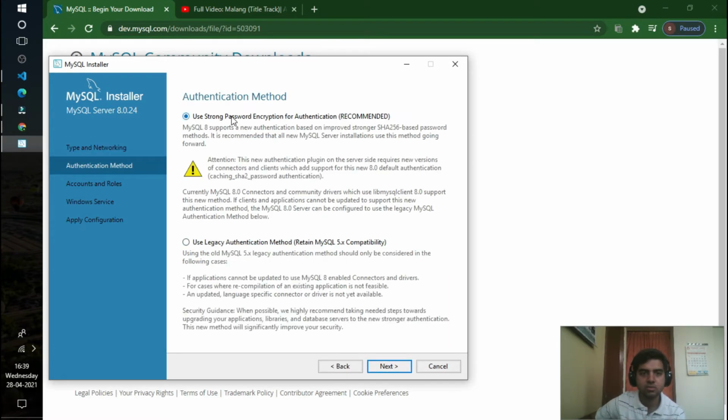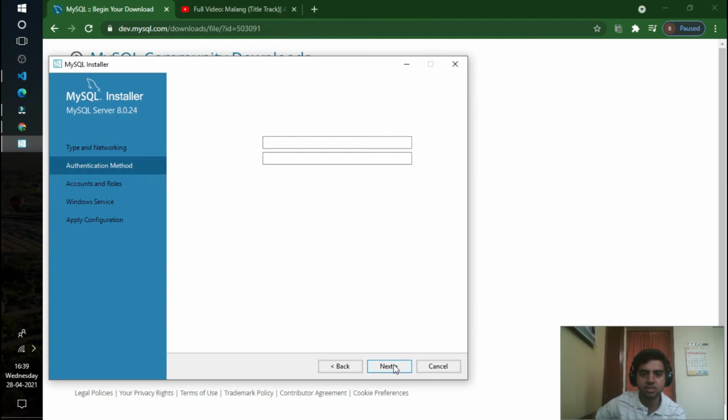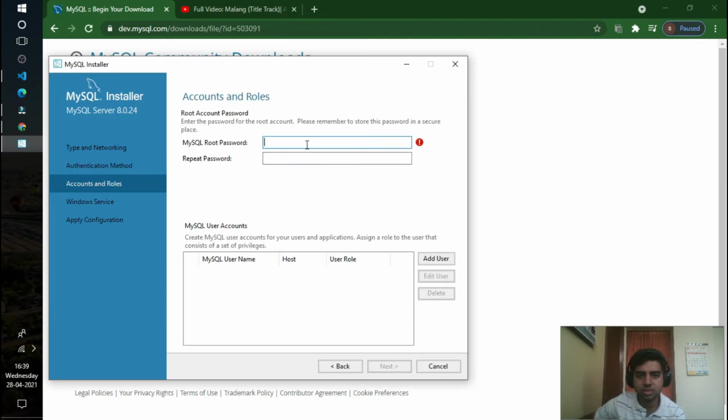Use password encryption, yes. So here just type your password. Type a stronger one. Okay, just click on next.